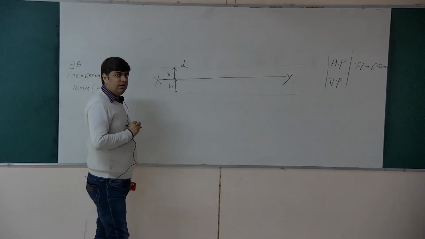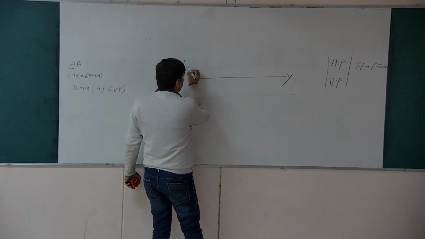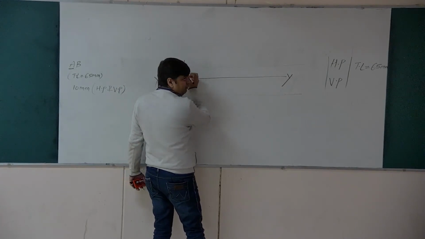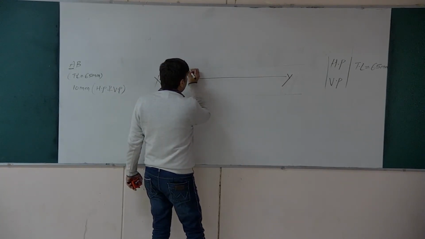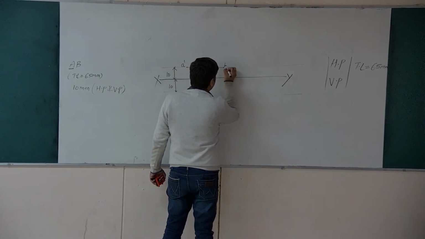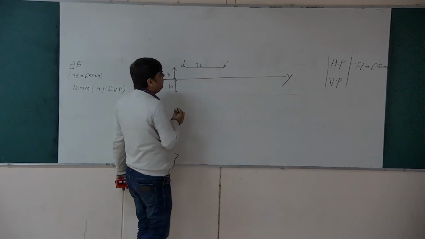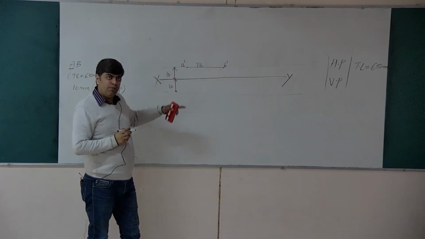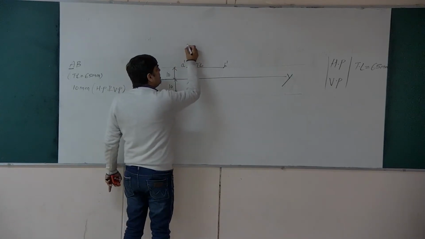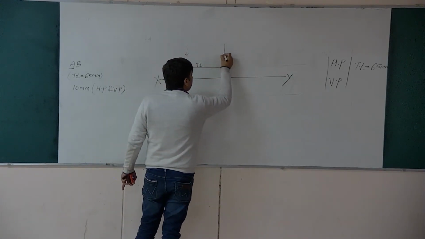So initially we will assume the line is parallel to both the horizontal plane and the vertical plane. When the line is parallel to the horizontal plane, it will show true length in front view and top view. तो front view कैसे होगा? a dash, b dash. अब ये आ गया हमारा फ्रंट व्यू. तो फ्रंट व्यू से टॉप व्यू प्रोजेक्ट करना तो कैसे? a डैश से हम प्रोजेक्टर ड्रॉप करेंगे, ऊपर से देखेंगे ऐसे, a डैश से और b डैश से.